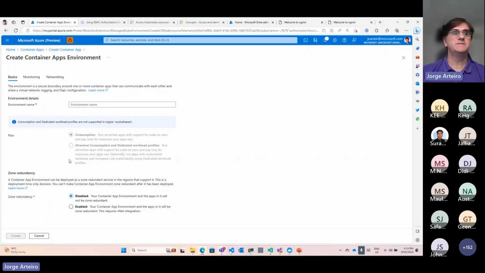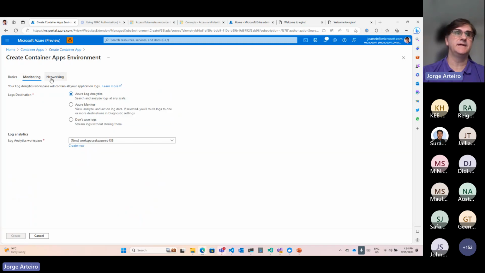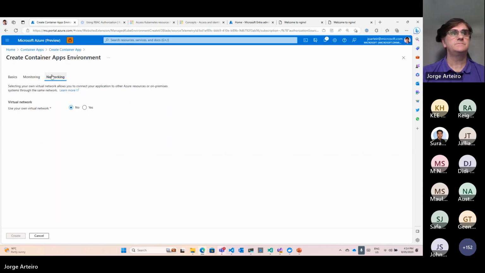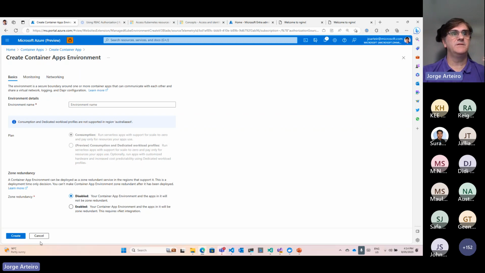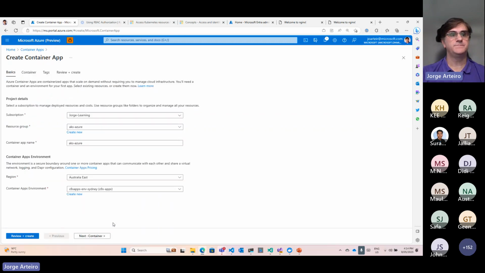But once you create this environment like I have, setting, if you want to set like a network, and also the monitoring, the logs, you can use a virtual network or not, and you can use monitoring or not. I have created one of those before.